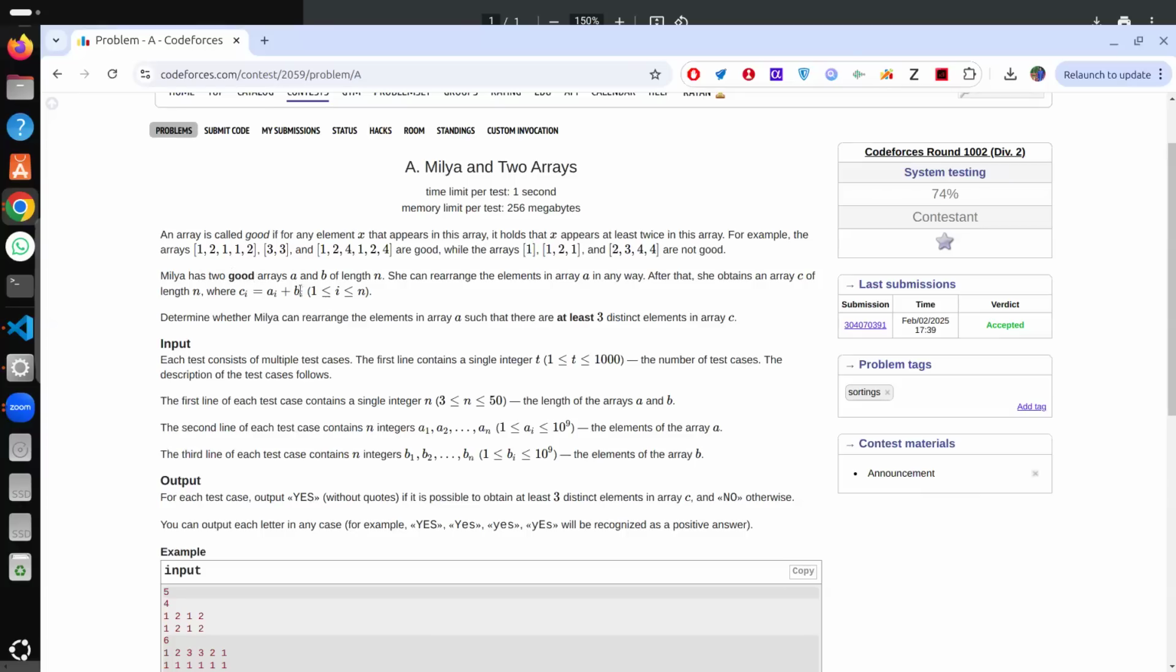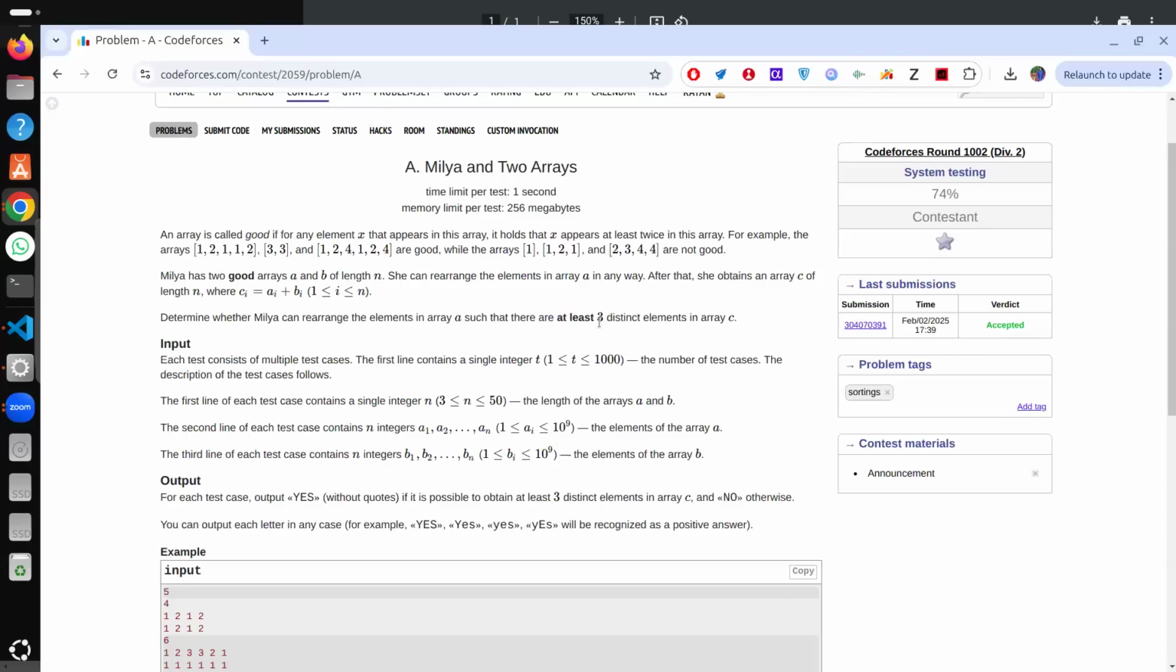Milya has two good arrays, A and B of length n. She can rearrange the elements in array A in any way. After that, she obtains an array C of length n, where Ci is equal to Ai plus Bi. So basically, she can rearrange the elements in the array A, and then add the elements of Ai and Bi to obtain another array C. Determine whether Milya can rearrange the elements of array A such that there are at least three distinct elements